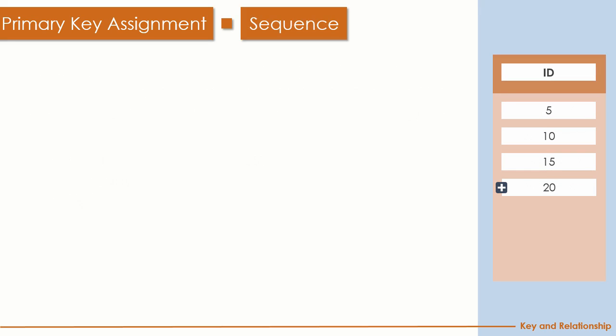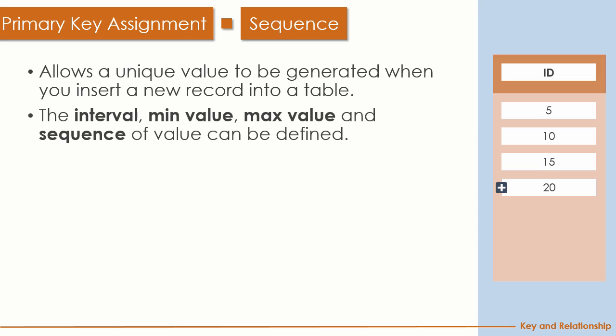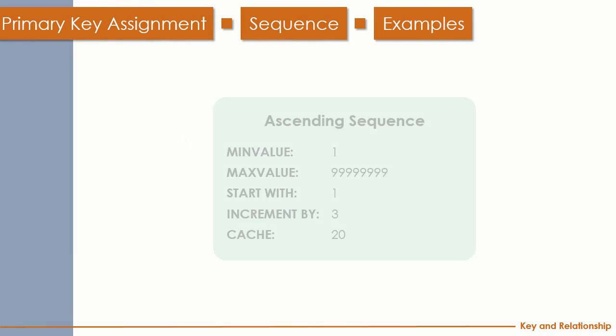The third option is the sequence. The sequence allows the database to generate an ID for your new record. But the generation is based on your setting, including the interval, min, and max value. And the sequence can be defined in different database engines, which have different sequence definition mechanisms, but the idea is